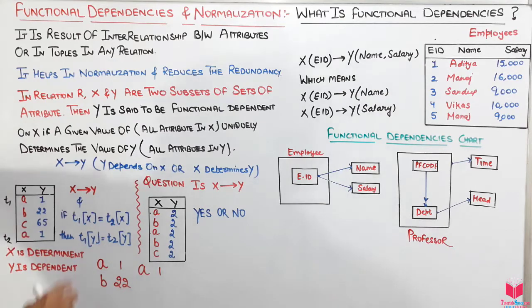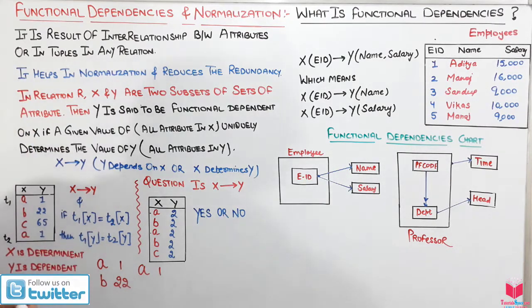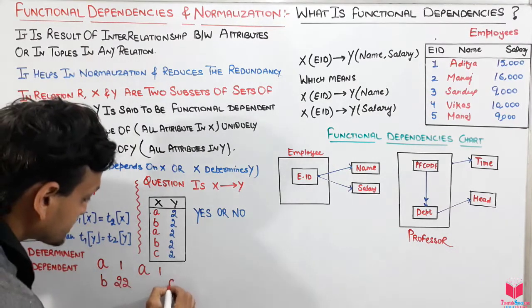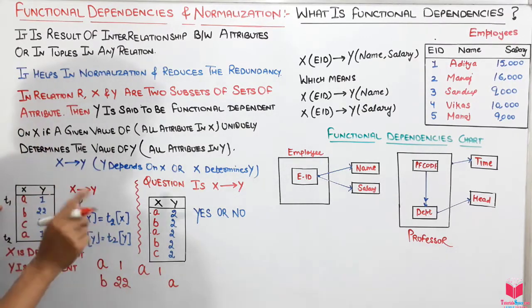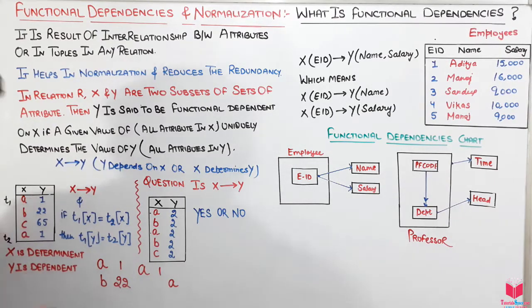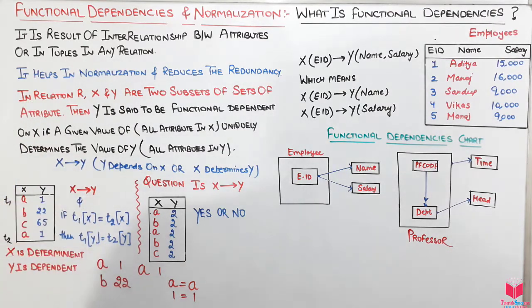That should be there, because it says that if Y is functionally dependent on X, then, with T1 being tuple 1, if T1[X], let's take A, is equal to T2[X], that means another tuple has the same value as T1 in X, here A, then T1[Y] should equal T2[Y]. That means the corresponding value here is 1, so there should be 1. Here it is 1. That means yes, it is functionally dependent and follows all the rules. After that, X is known as the determinant and Y is known as the dependent.